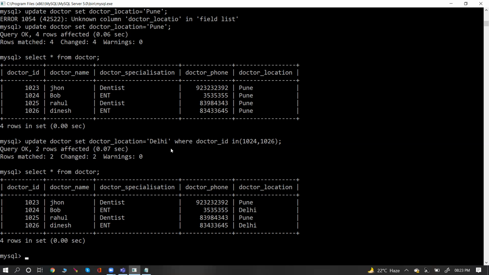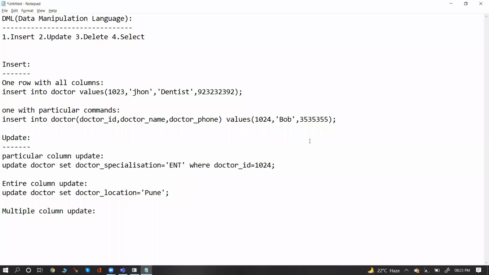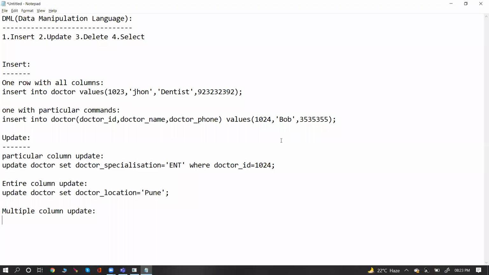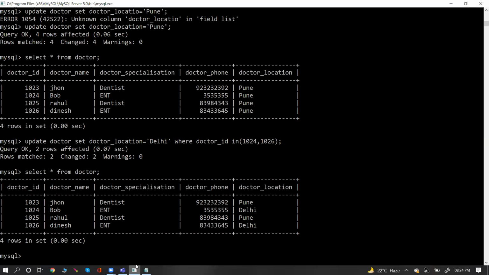Multiple column also we have done. Three things will be there. Anytime you can update a particular column, entire column, or multiple columns. So here you can do one more thing also, along with the